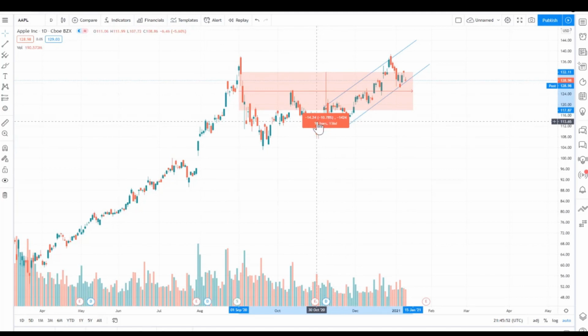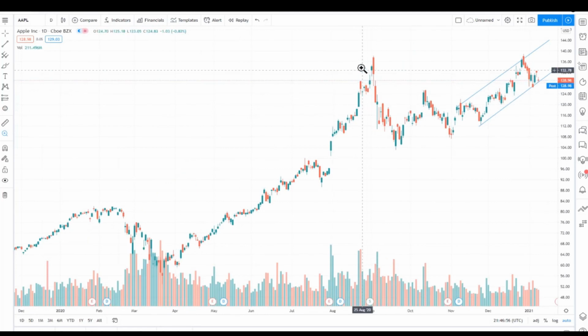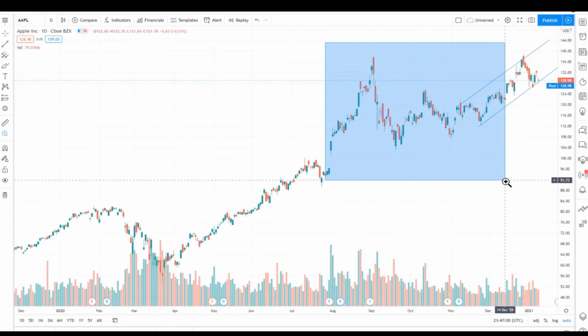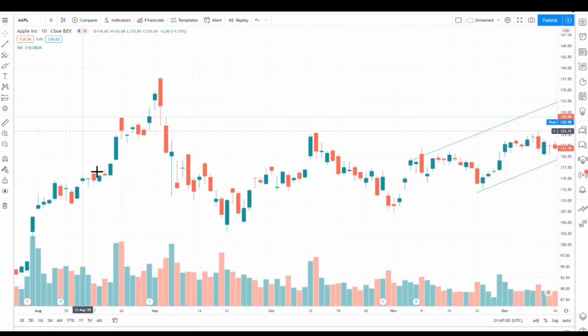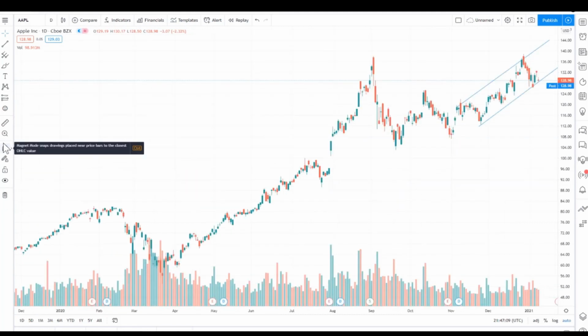This is a zoom in option. So if I want to zoom in into any part of the chart, I can just select that section and this is how it zooms in. And if I want to go back to the previous view, I can just click this and I will be back to my AutoFit zoom out view.